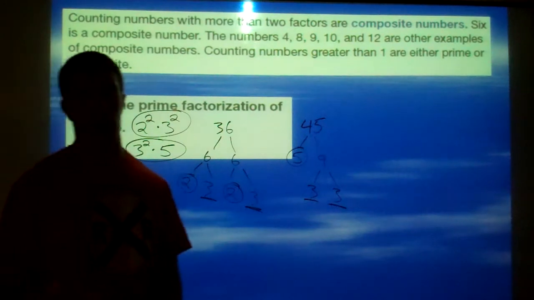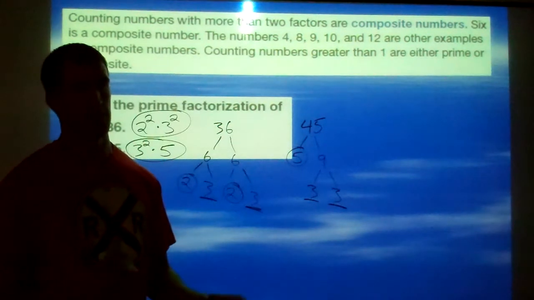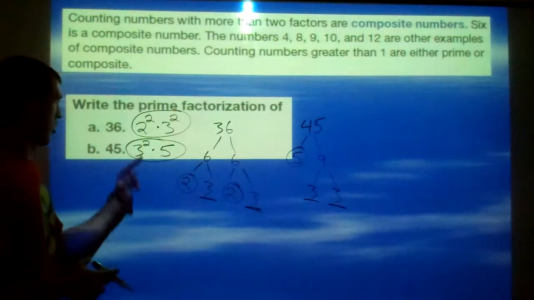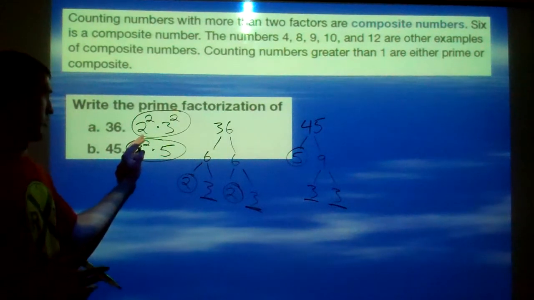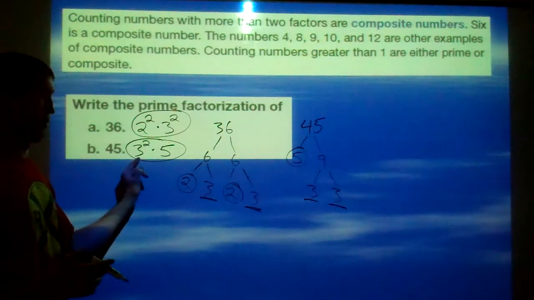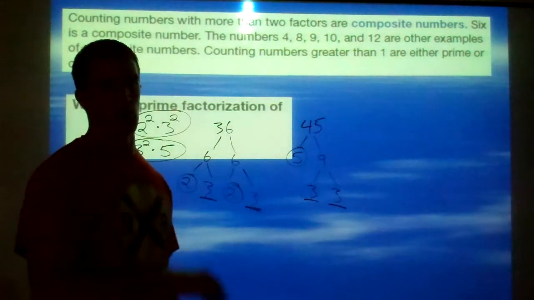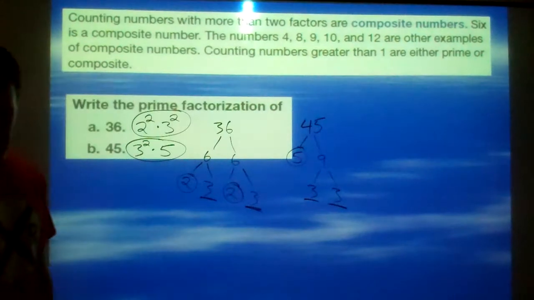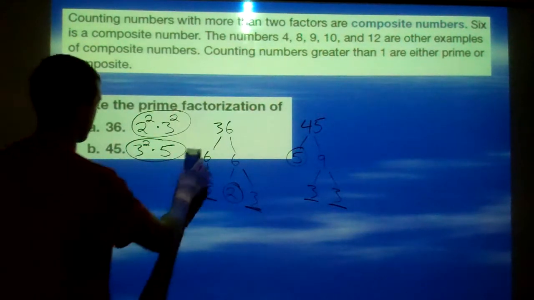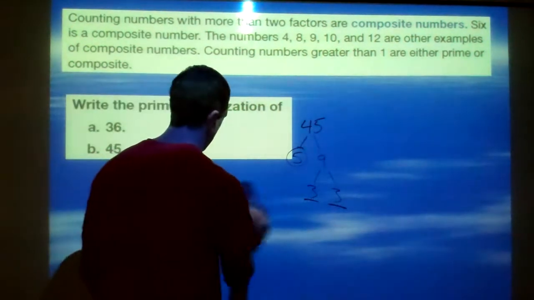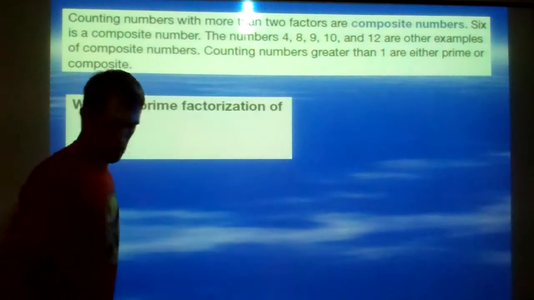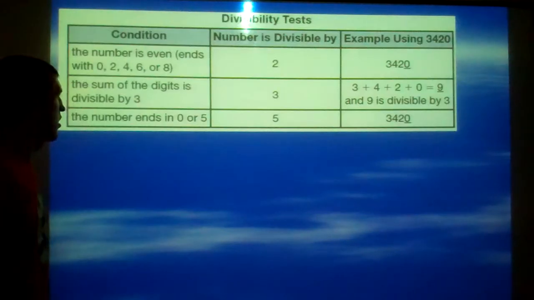Now the other thing to note here is that the standard protocol is to start with your lowest number and increase. So here I went 2 to 3, here I went 3 to 5. So start with the lowest number that you have and go upward. So that's the standard. Good. Alright,